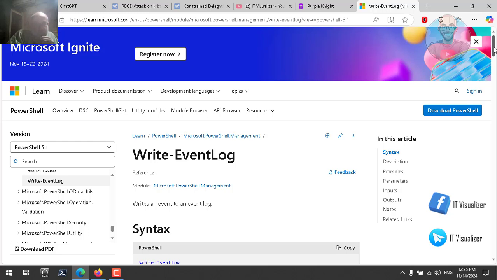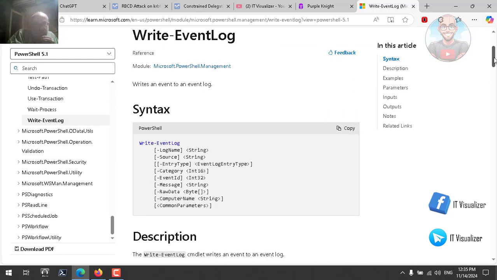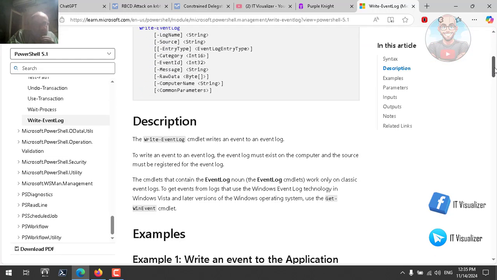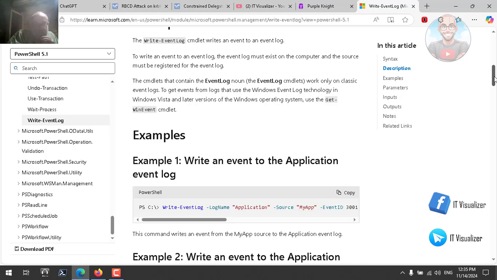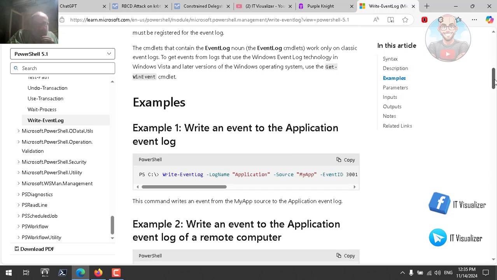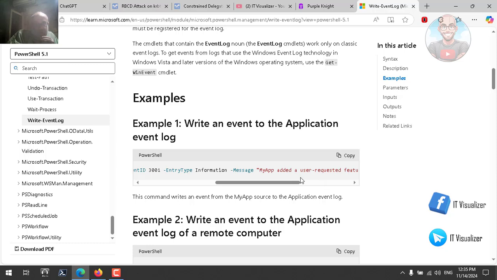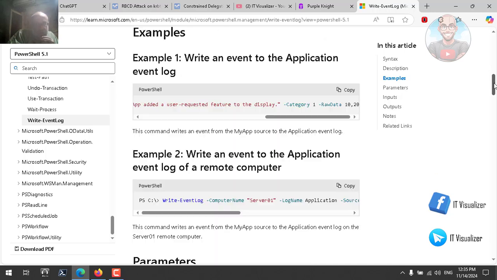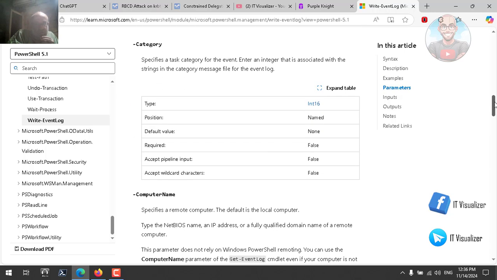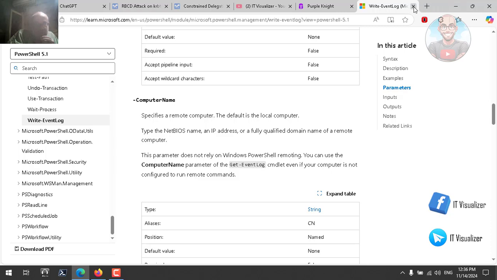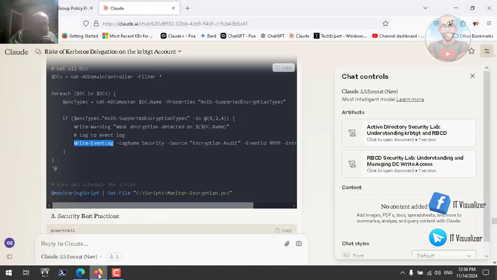we write the event ID, the category, and so on. So examples, write an event to the application event log, my app, event 3001. Okay, so we can do something like that. Okay, so this is it. So if we return back to the script,